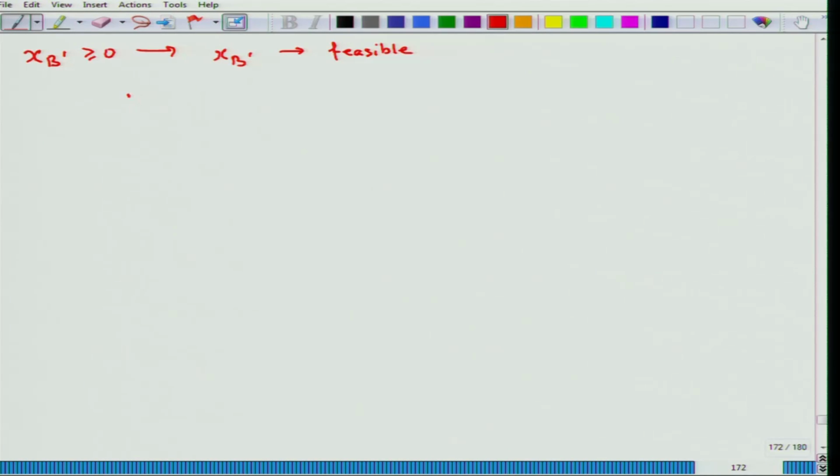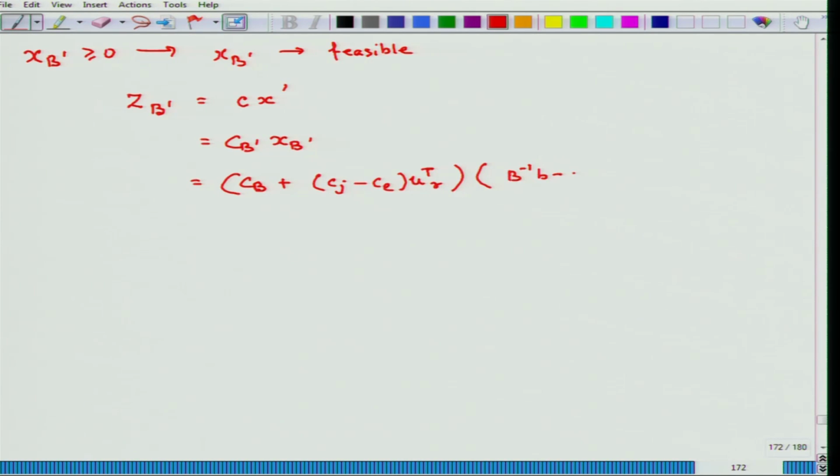Now, you write down z b dash is C x dash, but by definition, by our notations, it is this. Now, what is C b dash? It is nothing but the same formula for the B, C j minus C L, this into B inverse B minus theta B inverse A j minus U r. Now, you will compute to find the following. So, you will be able to write the whole thing as, because this into this is Z b. So, you can write the whole thing finally as